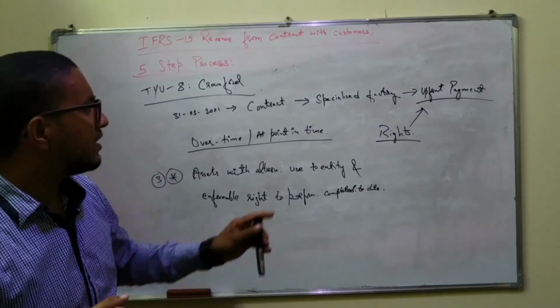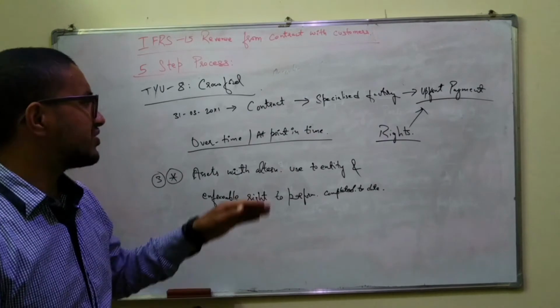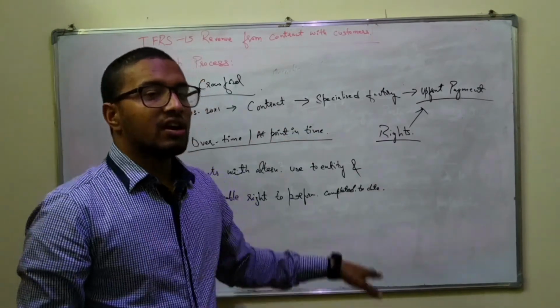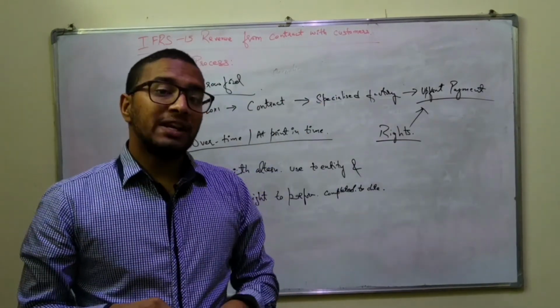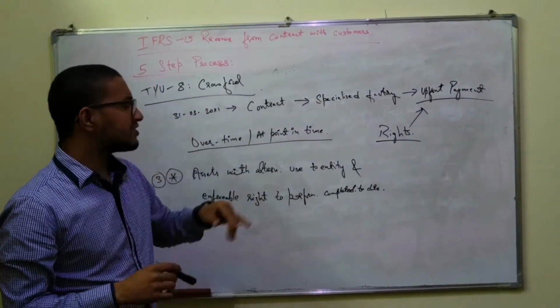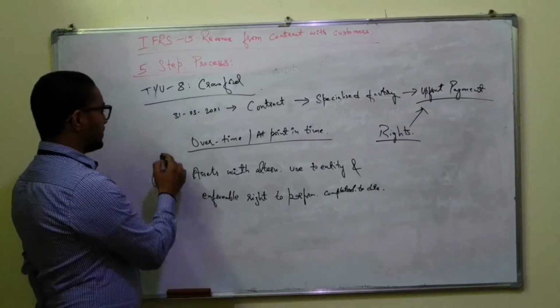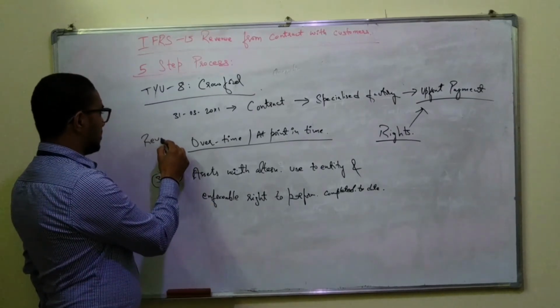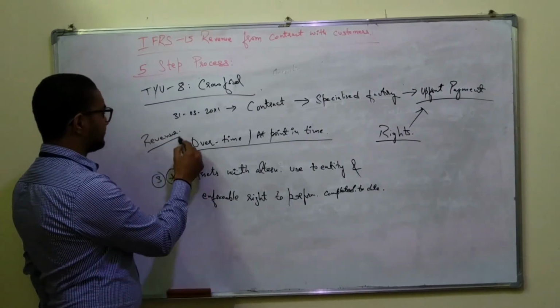the customer has already paid an upfront payment, which is also a deposit, which is only payable if Crawford does not complete the specialized factory. So is revenue recognized over time or at a point in time? So in order to assess this,